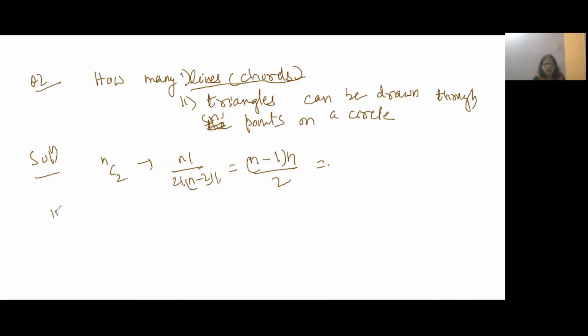In the second part, how many triangles can be formed. So for a triangle, you need 3 non-collinear points. So a triangle can be drawn by joining any three of the n given points. And of course, we are assuming these are not collinear. So that is very simple. You can write here nC3 ways, right? Yes, nC3 ways. So this is one of the good questions.